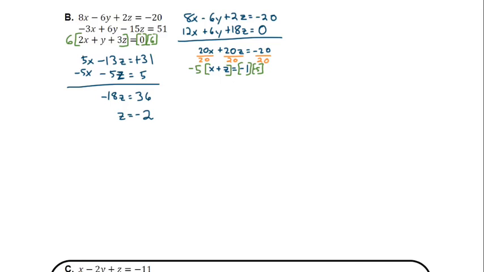Okay? But now that we've got the z, just plug it in to get x, plug it in to get y. So I'm actually going to use this equation over here, since it's the simplest one. So that's x plus, well, negative 2 equals negative 1. If I add that to, x equals positive 1. Which that's the correct answer as well. I'm glad I have the solution to look at over here to make sure I do things correctly. I don't have it worked out, I just have the answers. And then last but not least, we can pick any equation we want. I'm going to